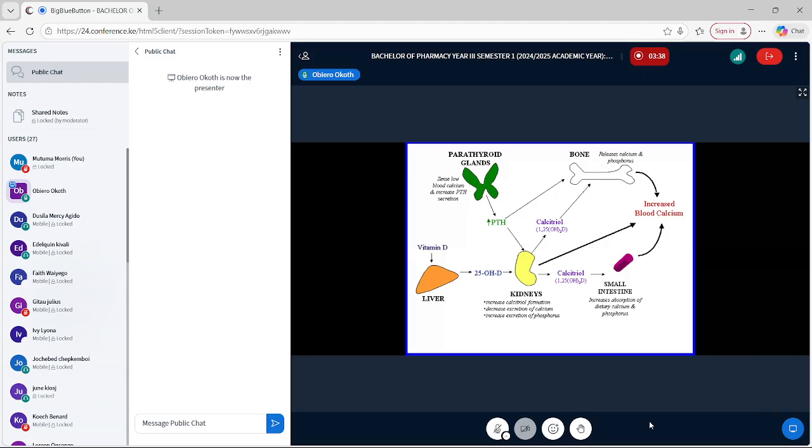Parathyroid hormone produces PTH. Okay, let's start from decreased calcium. When there's decreased calcium, since low blood calcium, you increase PTH secretion. What PTH secretion does is it increases bone resorption so that it releases calcium and phosphorus. It's also going to increase formation of calcitriol. And once calcitriol is formed,